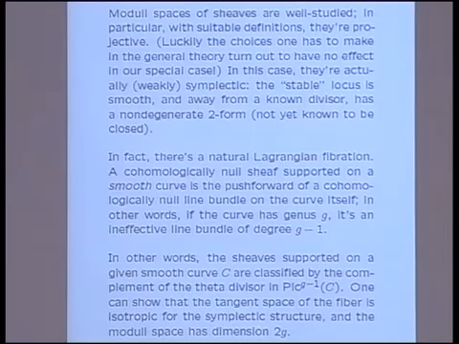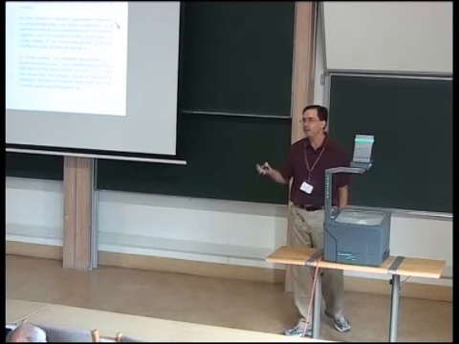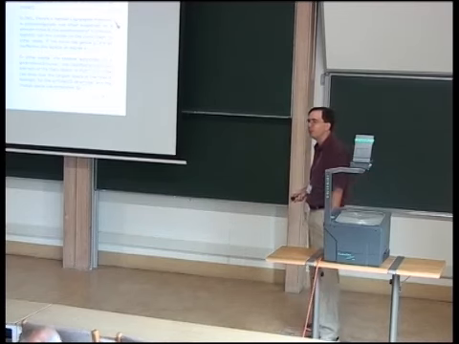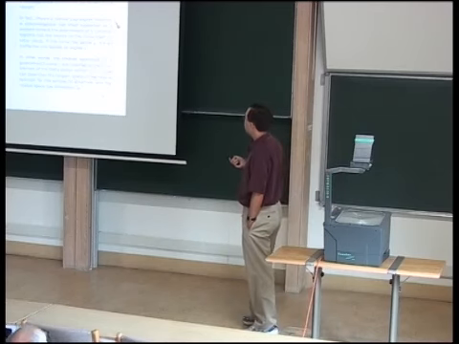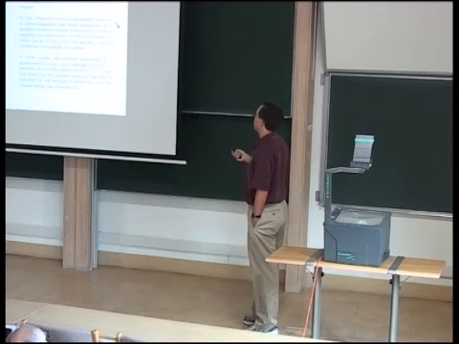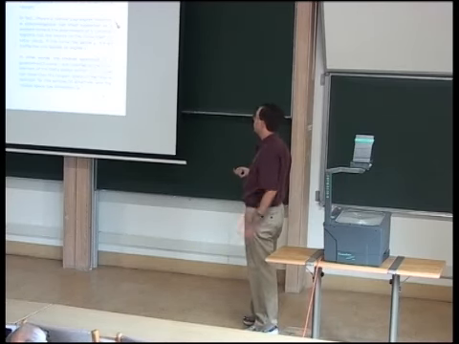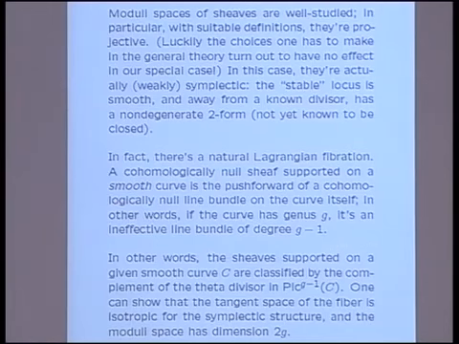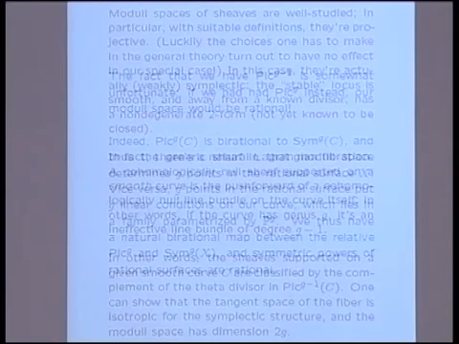And if you count dimensions, the dimension is 2g, so this is actually a Lagrangian fibration of this probably symplectic variety. The form, we don't yet know it's closed because the lazy algebraic geometers haven't proved it's closed yet. But basically, modulo that little issue, this is the symplectic variety, and we have this nice Lagrangian fibration by essentially abelian varieties.